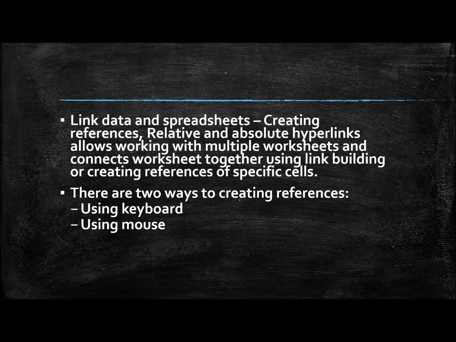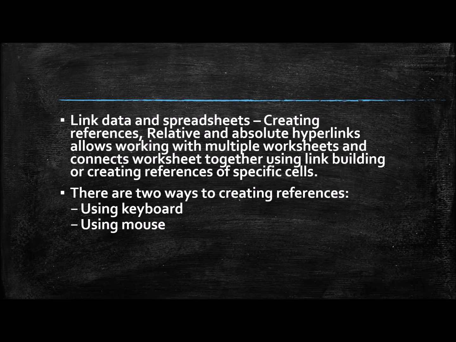Sometimes when we are working with spreadsheet software, we need to repeat or use same data values frequently in worksheets. So we can insert values in worksheet and then use that value by a reference in other worksheet.